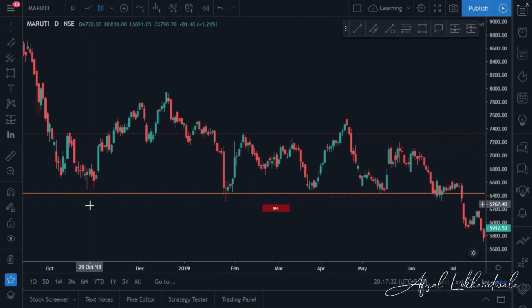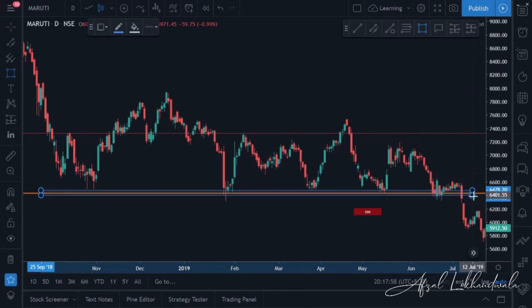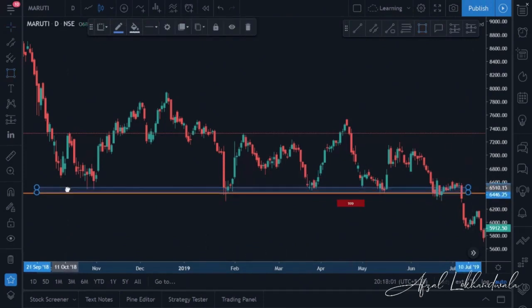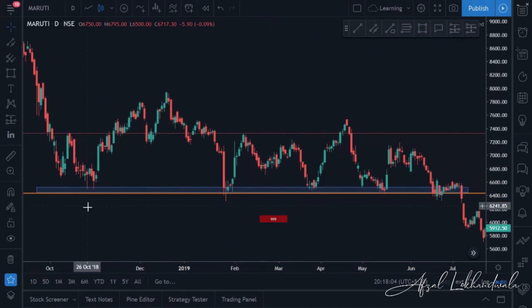Do not take it as a rigid line. This line represents an area. It can be here, it can be here. Do not ever take this line as a rigid line. It is always better to draw a rectangle, or a parallel. Let me draw a rectangle right now. So the area represented by this rectangle is the area of support where the sellers are losing control and the